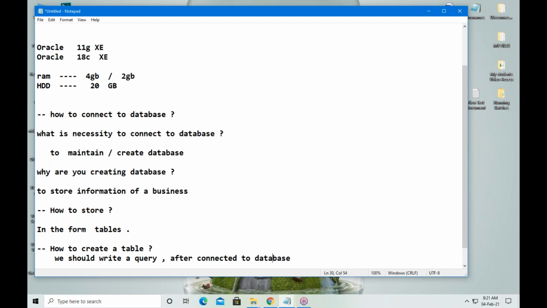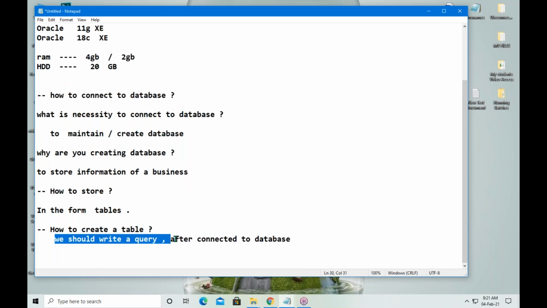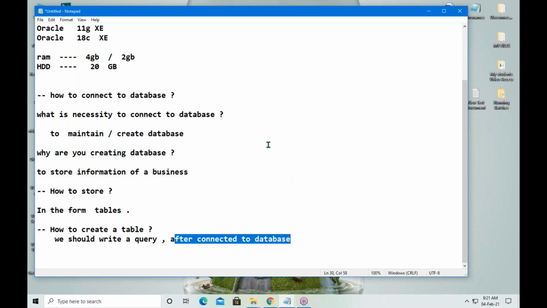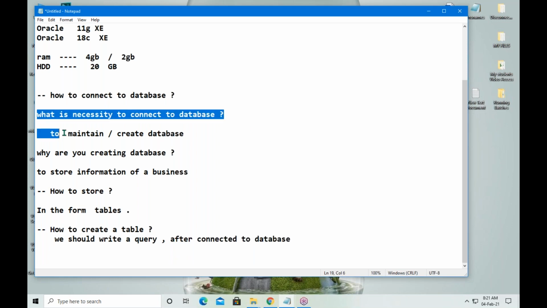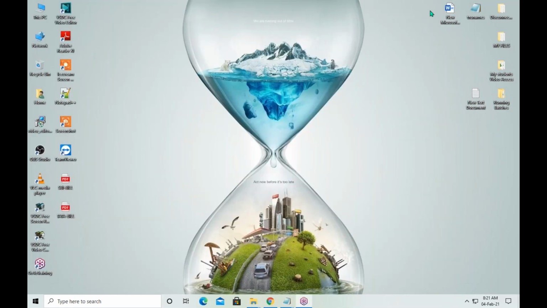That's why we are connecting to database. Understand? We should write a query after connected to database. Okay, how to connect? Let us assume in your system,